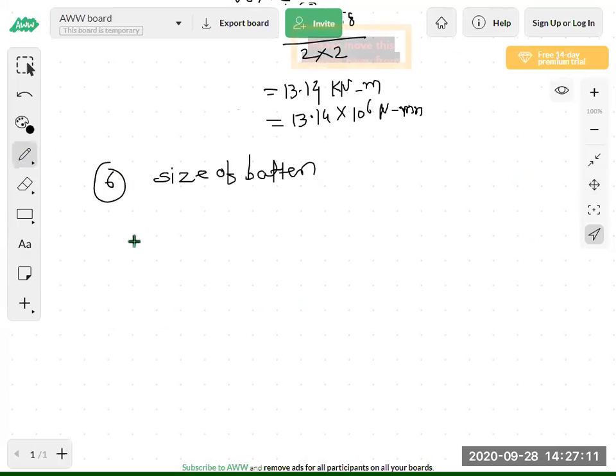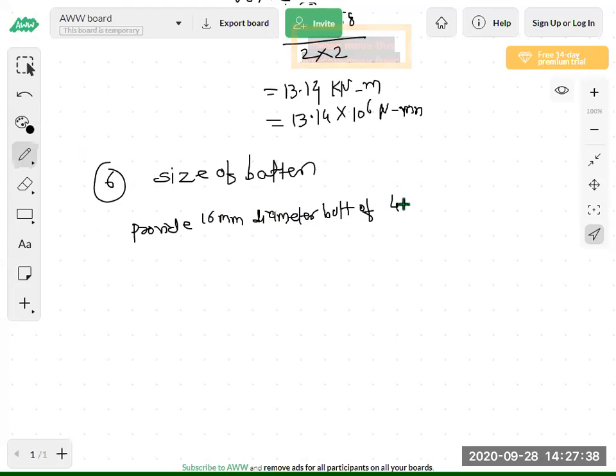So here we have to write provide 20 mm. What diameter of bolt should we use? Less than that, 16 mm. We don't need 20 mm that much, so we will use 16 mm diameter bolt